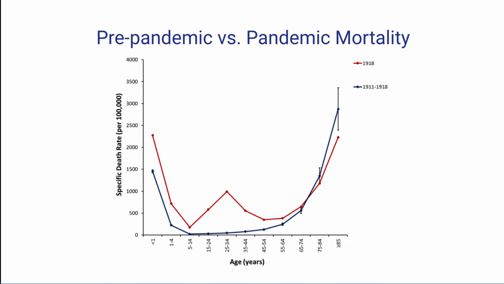You can see the spike in deaths for those between 20 and 40 years old. Scientists now believe that a similar, less virulent strain of influenza was transmitted a few decades earlier, thus giving the older population an immunity during the 1918 pandemic that the younger generation did not have.